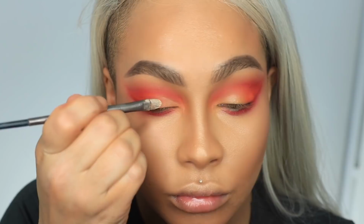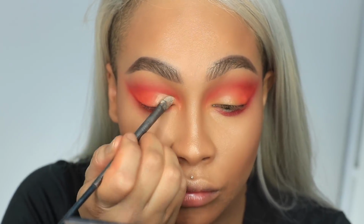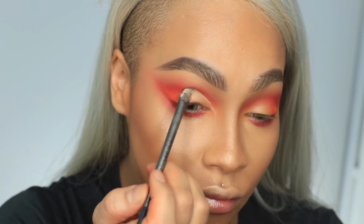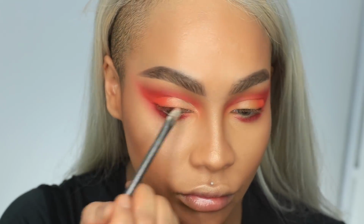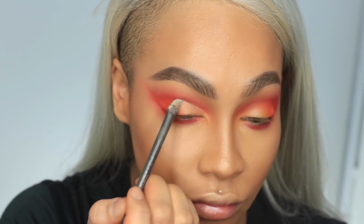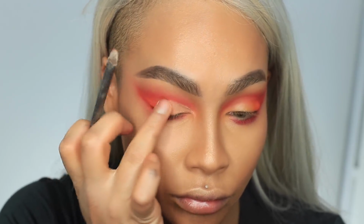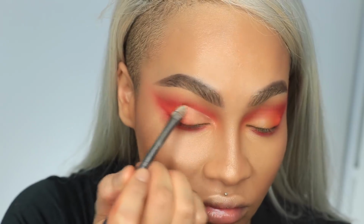Next with the Urban Decay Eyeshadow Primer Potion in the color Fix and the Urban Decay flat eyeshadow brush, I'm going to carve out a line halfway. It's almost like a half cut crease just in the inner part of my eye, and once you get to the center, I'm going to give it a little finger blend, but I just want to cut that crease just a tiny bit in the inner corner, and it's picking up a little bit of the yellow shadow